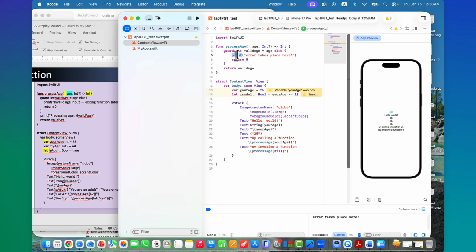This print statement has nothing to do with this view components. If you want to say something on the view, then you need to say text. This is a UI, graphical, a user interface. Print is not a user interface. So if you say print, then print comes up here. If you say text, then that is the view that comes here, right? So by invoking a function, then it'll be 0, right?